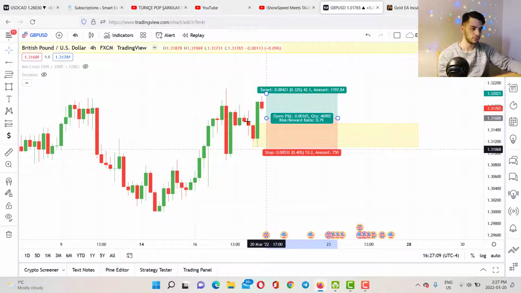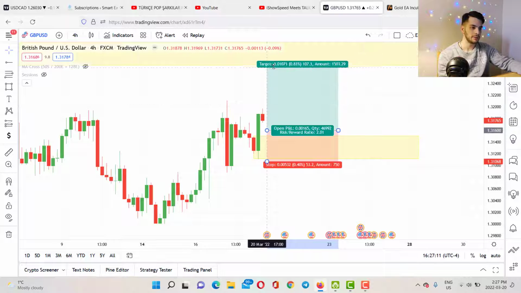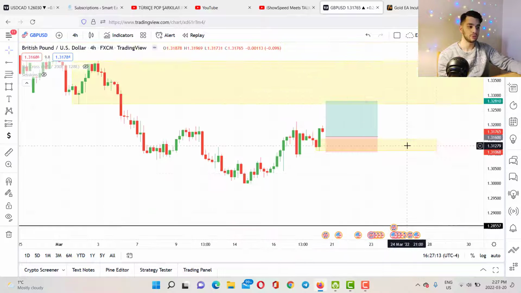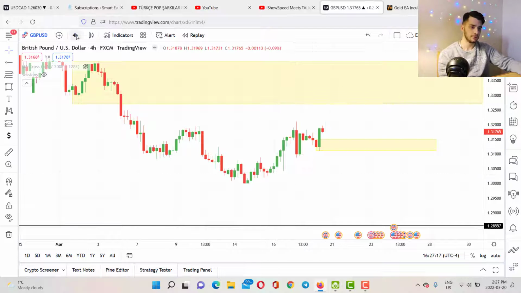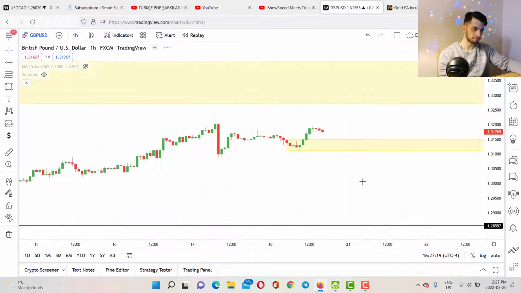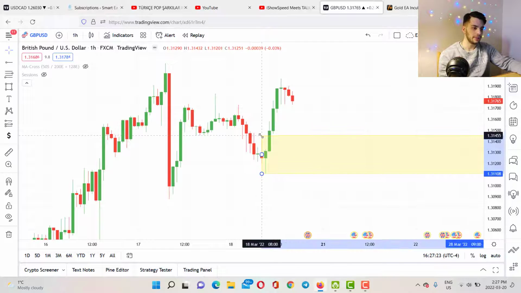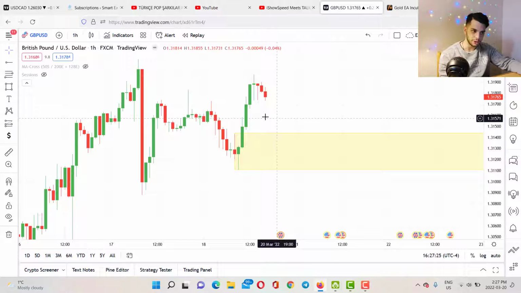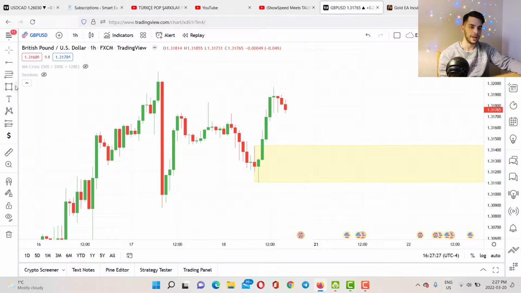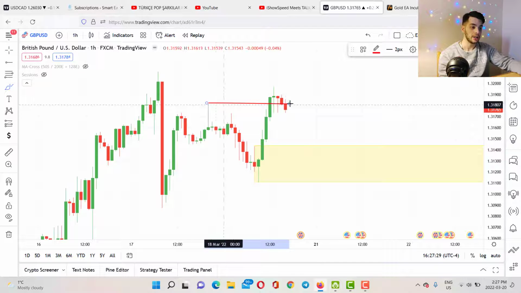I am going to put my stop loss here and my TP somewhere around here. It would be a really good risk reward ratio trade, only based on 4-hour and daily time frame. But if I break it down to 1 hour, we have this high probability order block here. So I'm breaking it down, and also we have this break of a structure